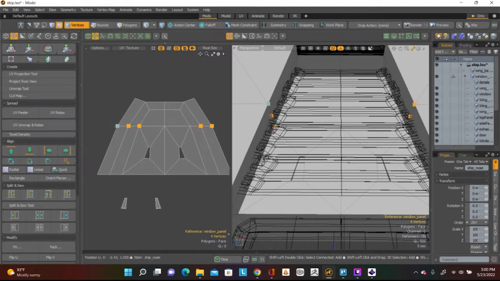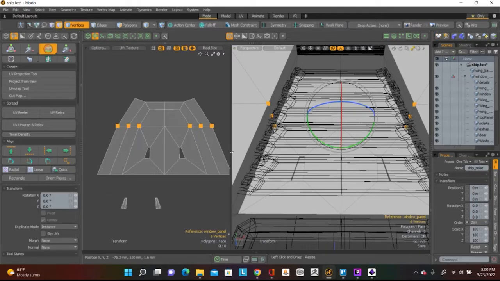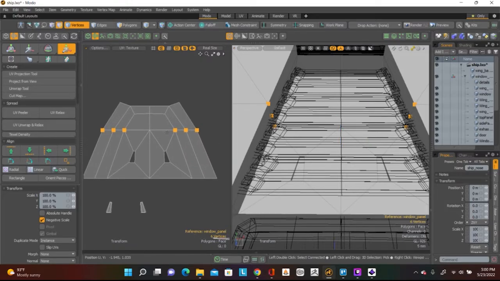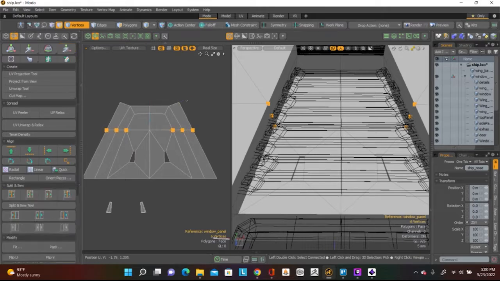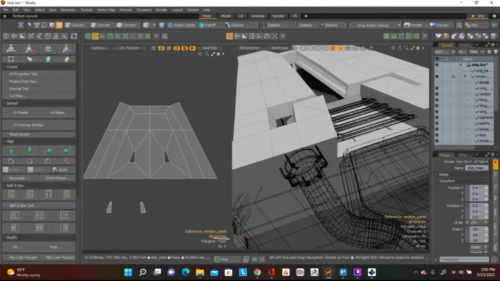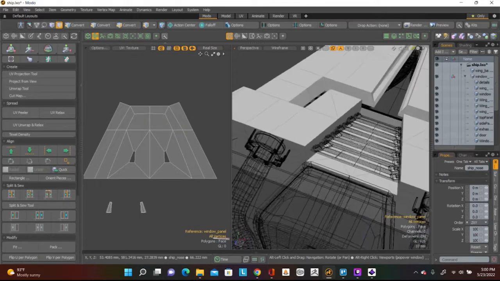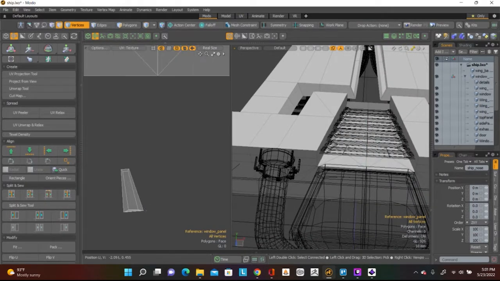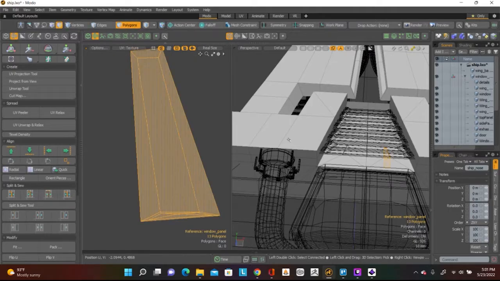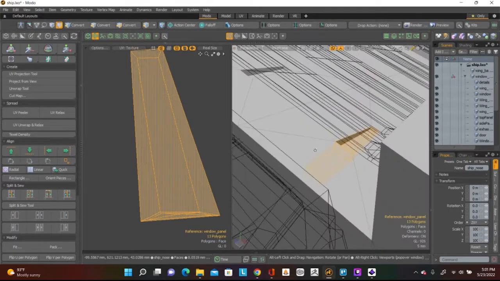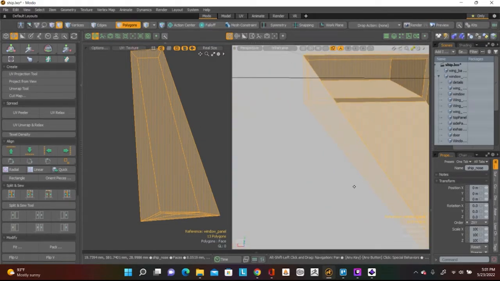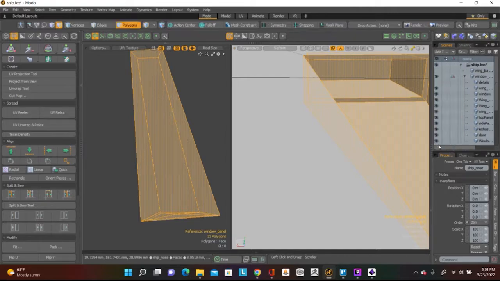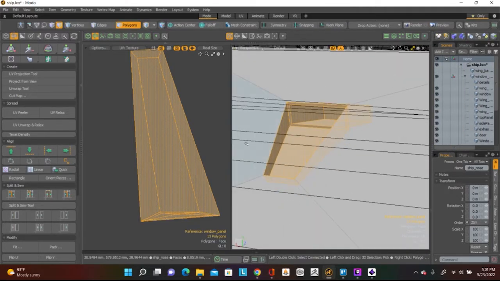Let's select these vertices and oops. There we go. Expand the window. Let's make it as close as possible to this shape. So we got these down here. Okay, what do we got? So this kind of goes into it. I guess it's some kind of beveled piece. This is actually more complicated than